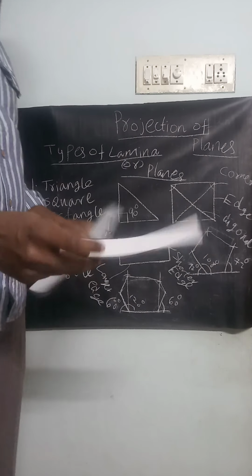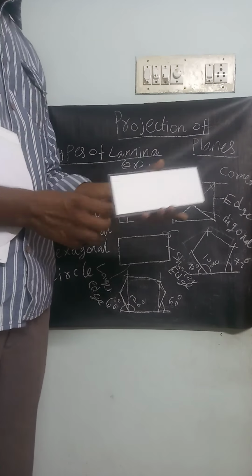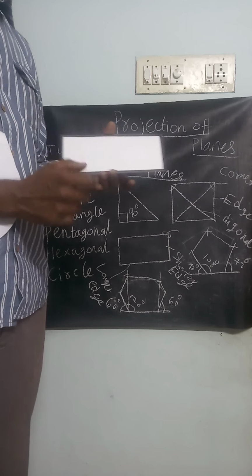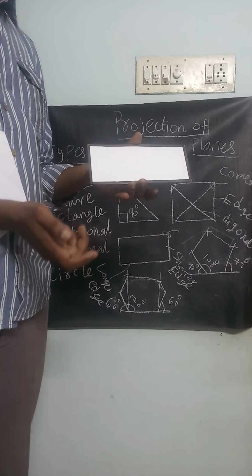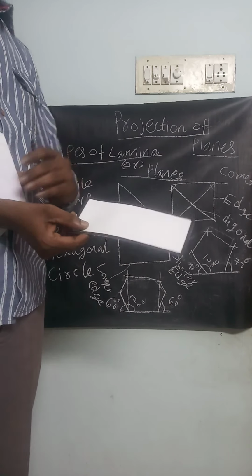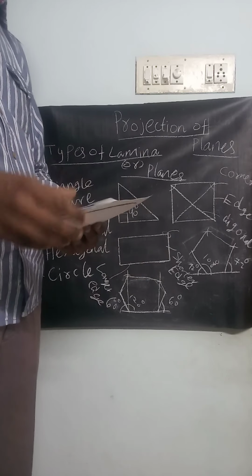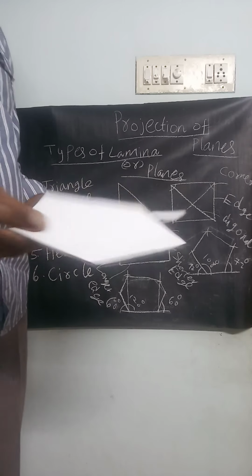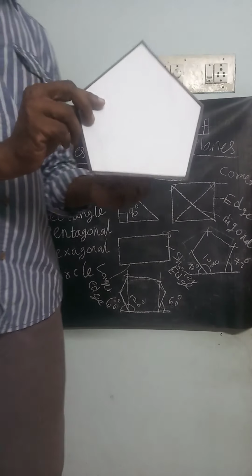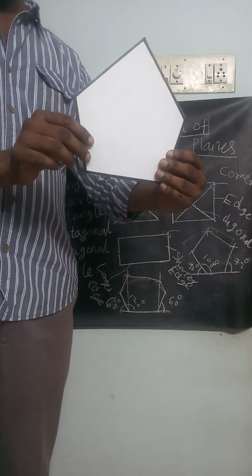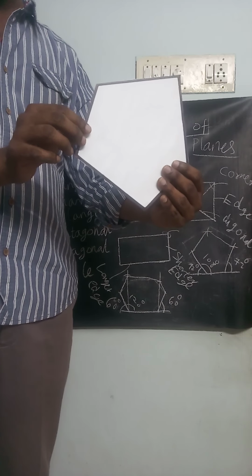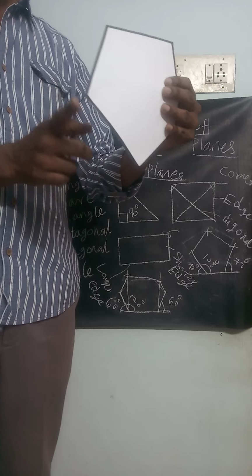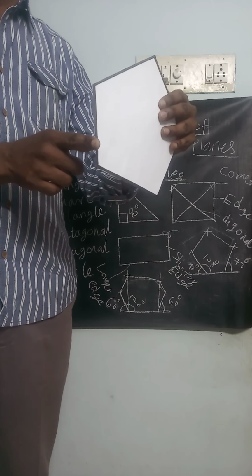Okay, you can take this one by one. For example, this is your square, rectangle shape. I told you this is your short edge, this is your long edge. Whatever dimension may be given, you know that. And the next one, pentagonal shape. So this is the pentagonal shape. I already told you that you can draw it by this method. Also this is an edge. This is your corner. This is your edge.